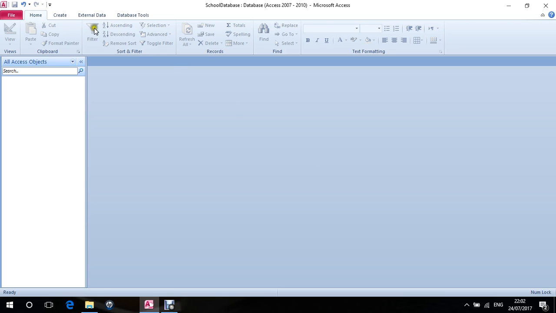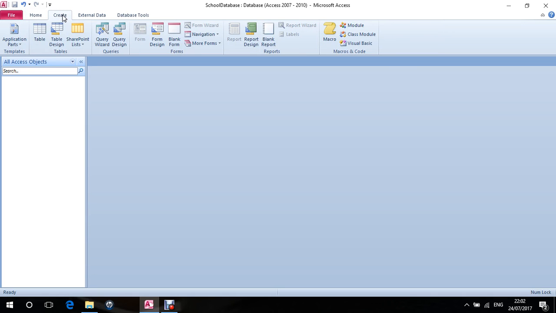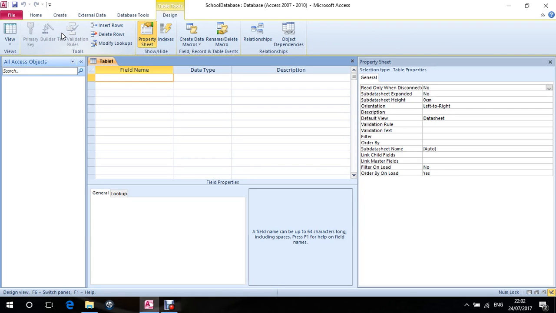Well, first of all, we would go to Create, and we'd go to Create Table Design. So first of all, it has this table, or this matrix, across the top here. I would probably have the following fields in my table, which would be pupil ID,